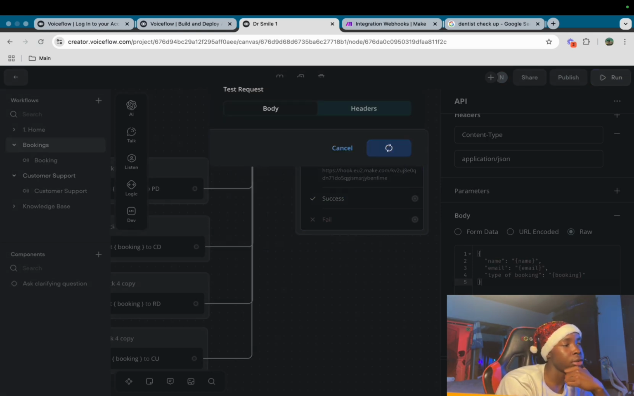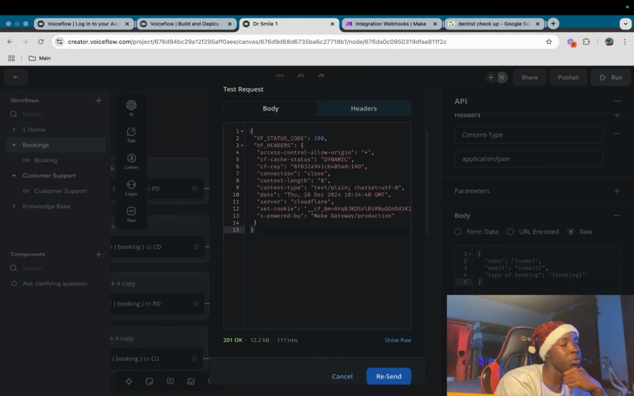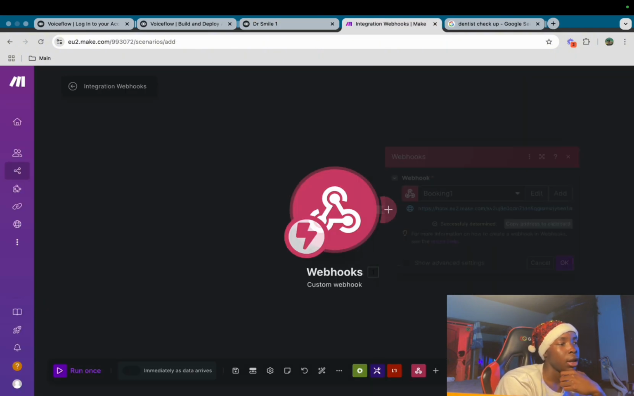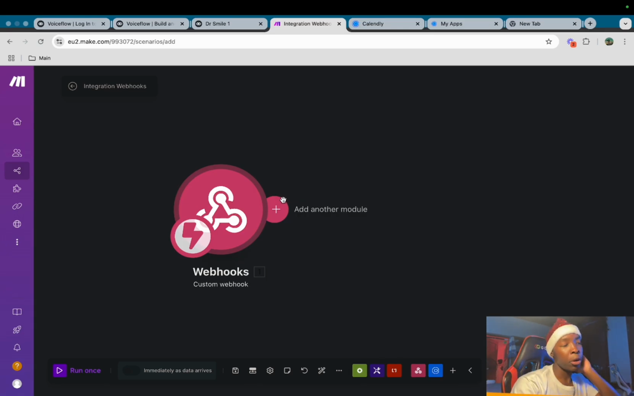Click generate. And code 200 means it's gone through. And if you go back to VoiceFlow, it'll say successfully determined. Click OK. Once you've created the custom webhook, what we're going to do now is create a Calendly